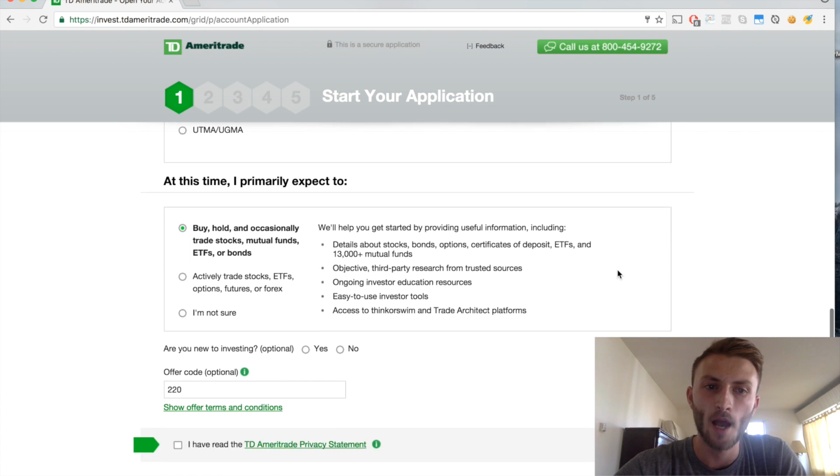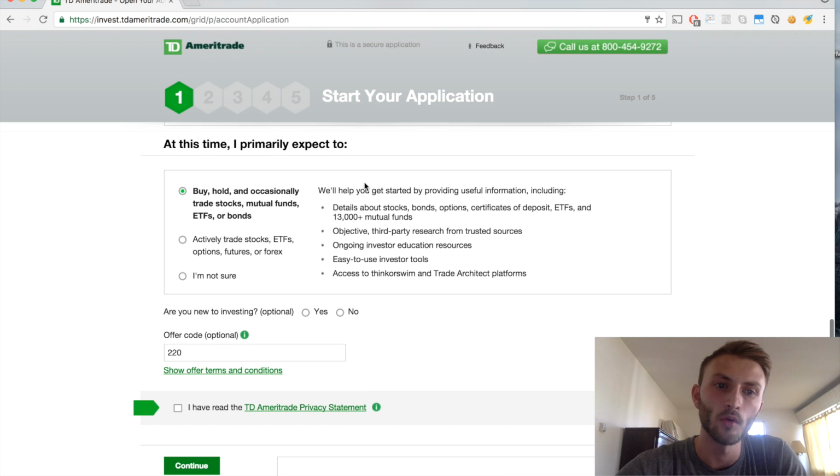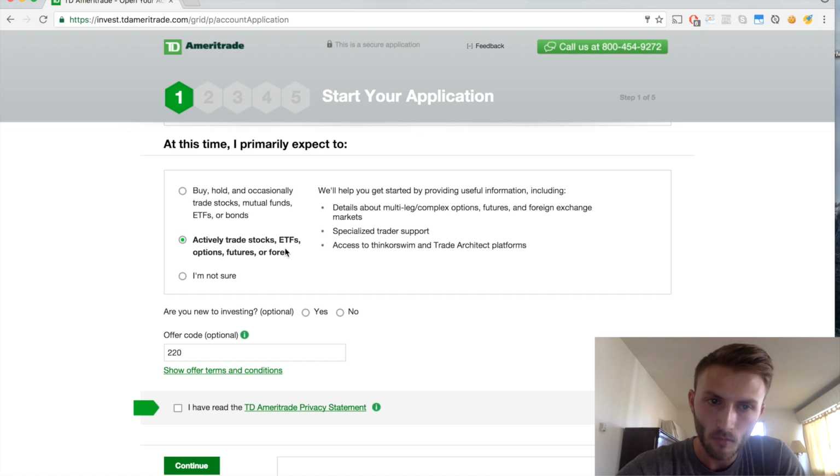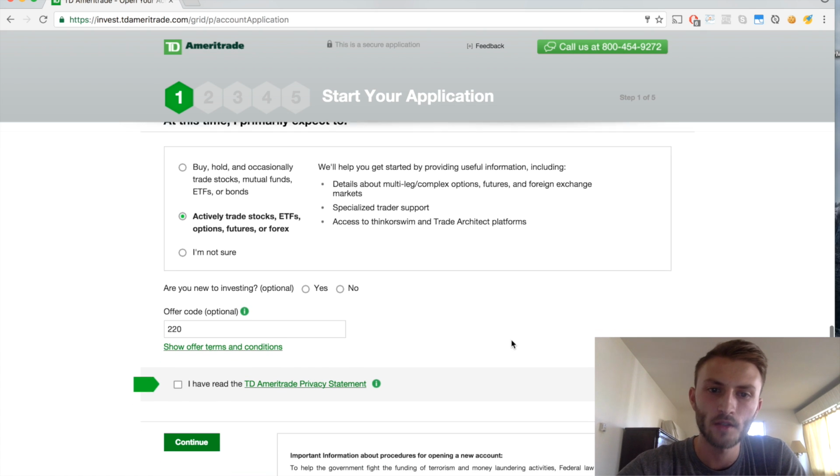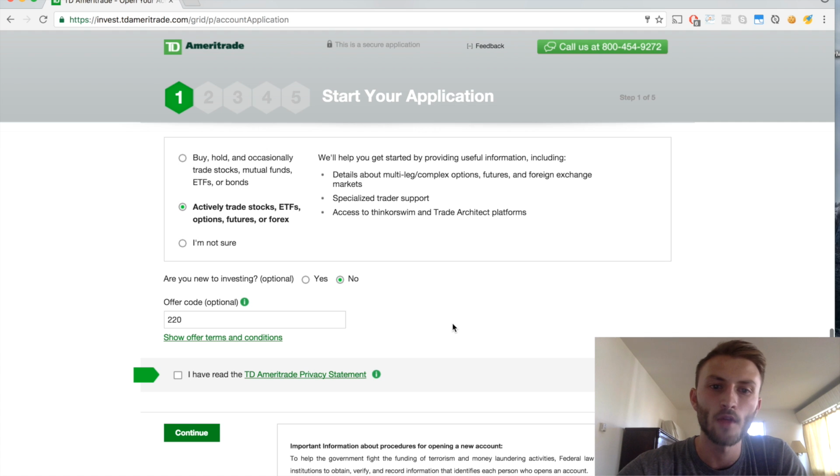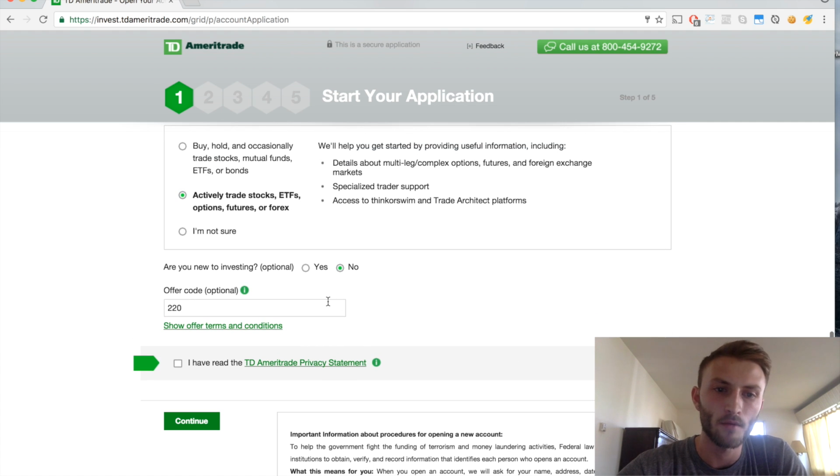And then, if we want to trade options, we need to choose the second option. Okay, are we new to investing? No. Okay, and then for the offer code, they give you offer 220 here,